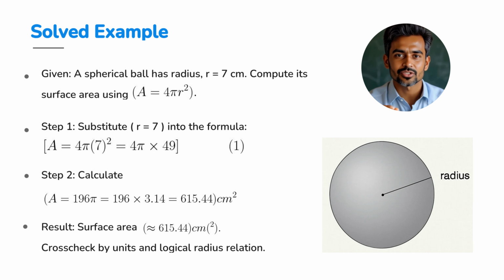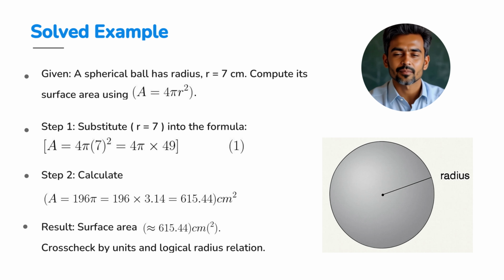Step 1. Substitute r equals 7 into the formula. So, A equals 4 times pi times 7 squared. 7 squared is 49. So the equation becomes 4 times pi times 49. Step 2. Calculate. Multiplying 4 by 49 gives 196. So, A equals 196 times pi. Now, substituting pi with approximately 3.14, we get A equals 196 times 3.14, which equals about 615.44. Therefore, the surface area is approximately